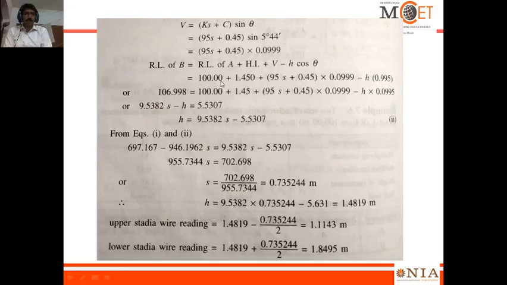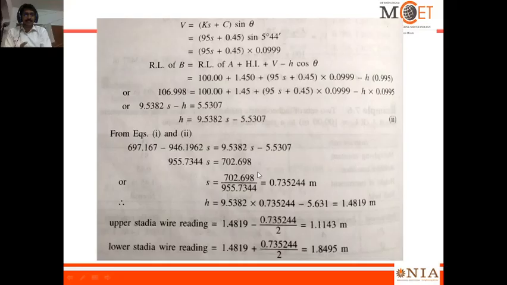So we substitute RL of A, height of instrument, V, minus H cos theta, but RL of B already we have calculated. This gives one more equation in terms of S and H. We convert into H is equal to, already we are having one more equation. Solving both the equations, you are able to get the S, that is the stadia